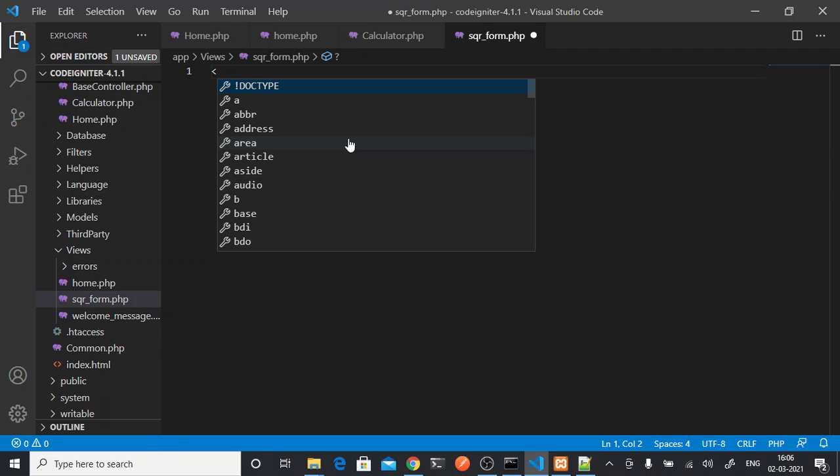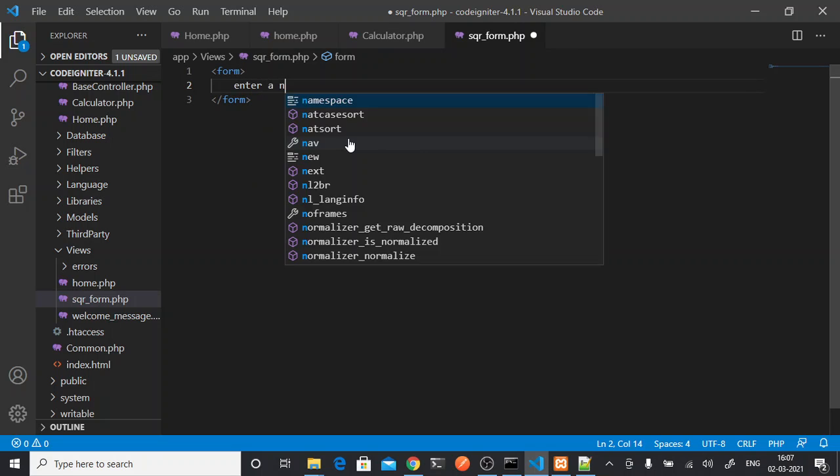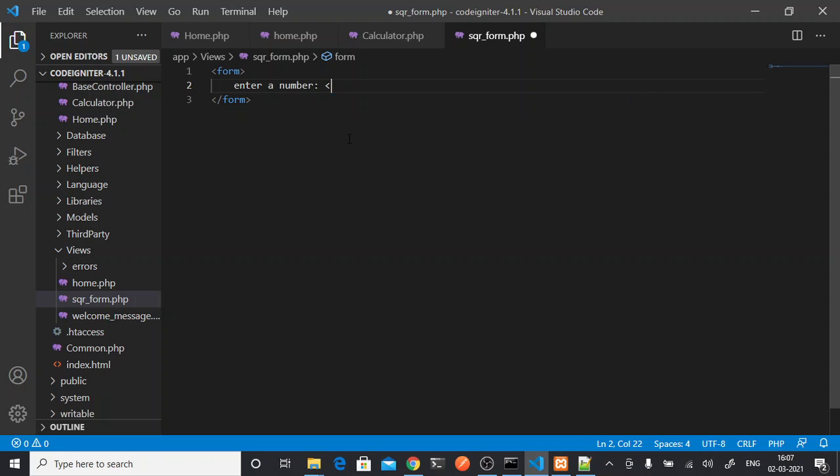So here we will write our form. Simple. I will have an input box. Enter a number. Type text. Name num.